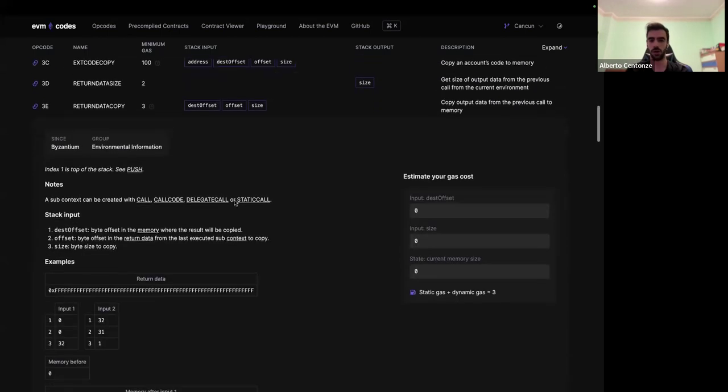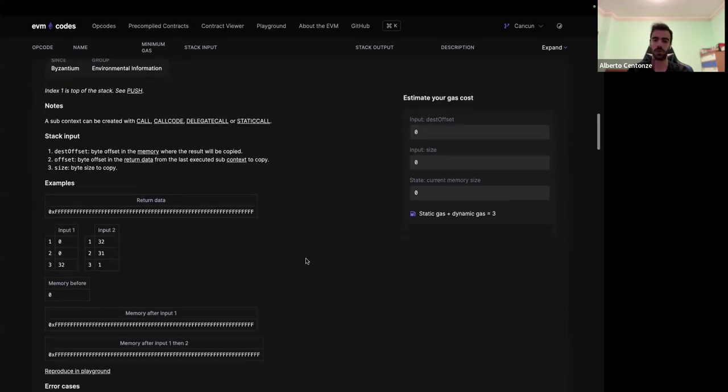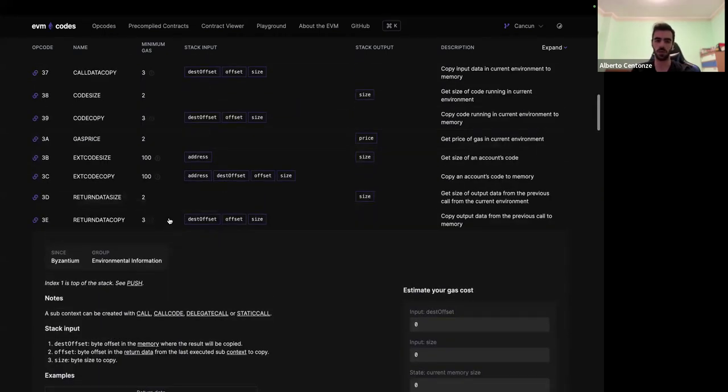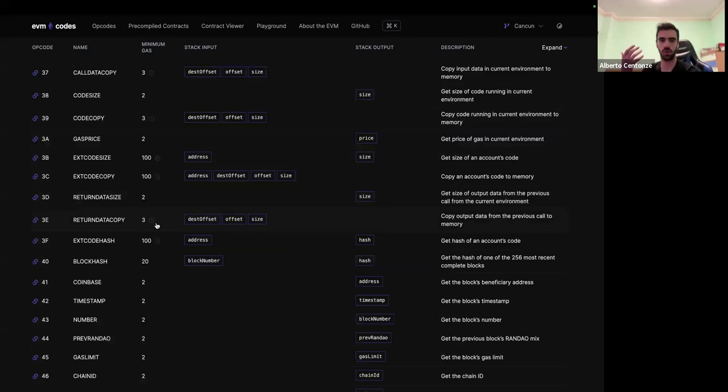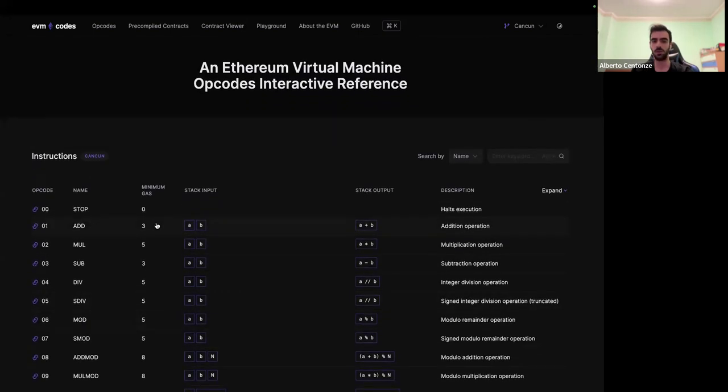You can even simulate things and see how the opcode behaves. If you show me something built so nicely for another processor or assembly language, please let me know. But what I'm trying to say is people really put a lot of love and effort into this kind of documentation, and in general in the Ethereum products, as young as they may be.